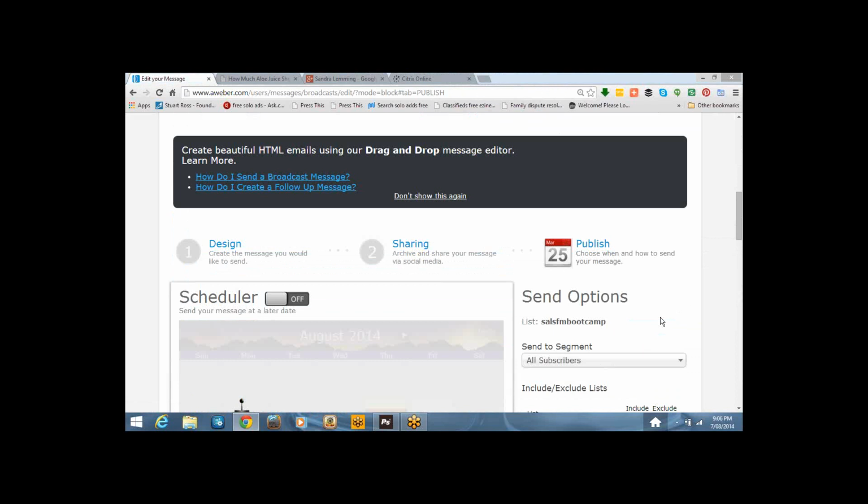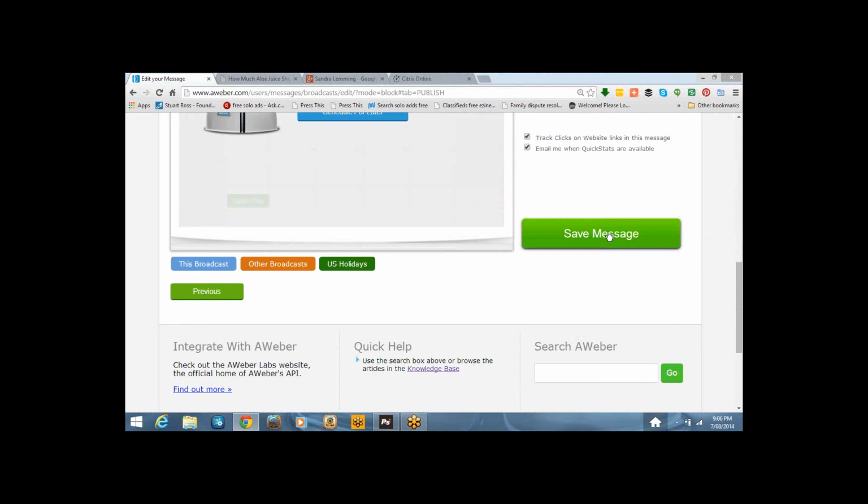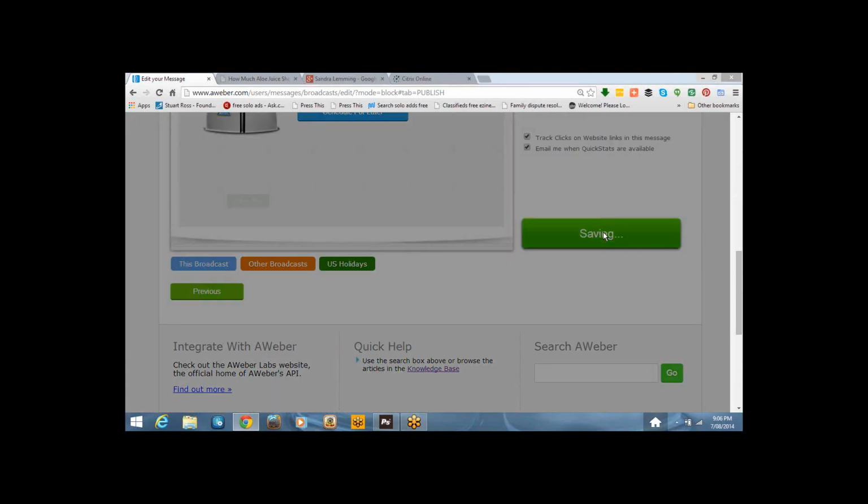Do you have to choose one of those, or does that just appear in the newsletter for the people that are looking at it? That's what I don't get. The people in the newsletter won't see those links. That's on your side of things, on your Aweber side of things. They won't actually see those links listed like that. They'll be hidden within the actual newsletter, so when they scroll over things, they don't actually see that. See, you're in your dashboard of Aweber here. You're not actually in the newsletter as such.